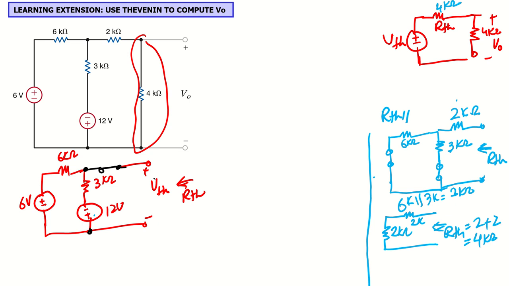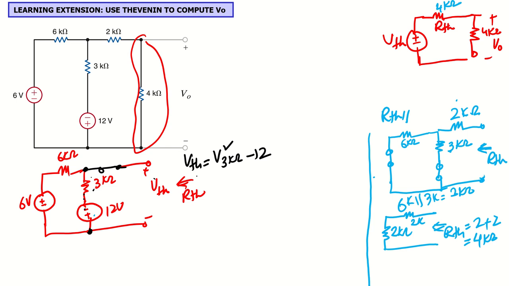For example, if I apply the voltage divider here, I want to find the voltage drop across 3 kilo, right? So V Thevenin is the voltage drop across 3 kilo and minus 12 volt, right? This is the voltage between these two nodes. If we find this using either way, we can find the answer, right? So let's try to find that.